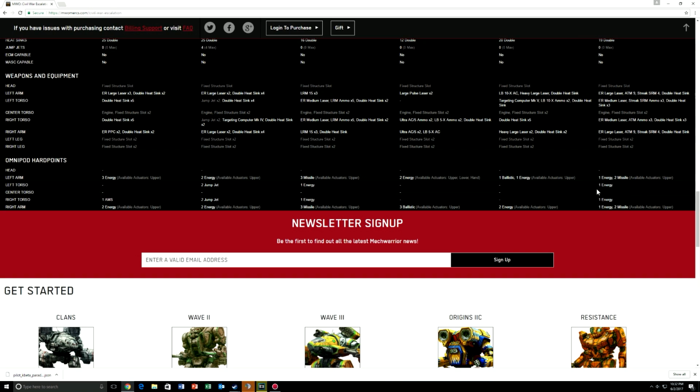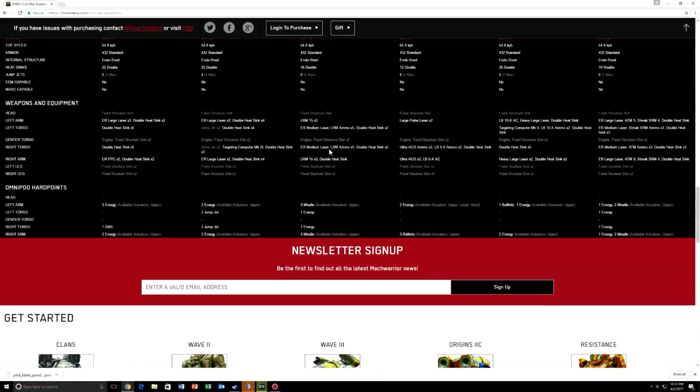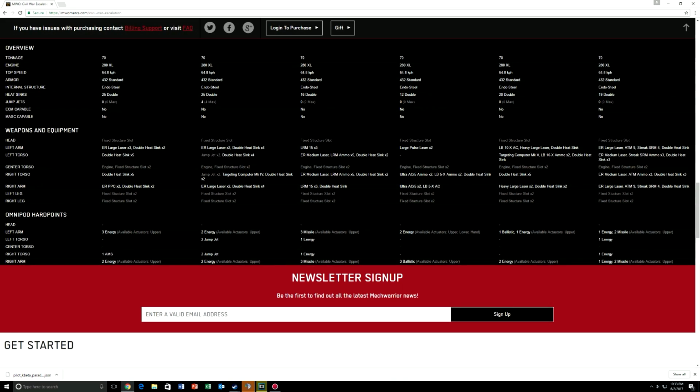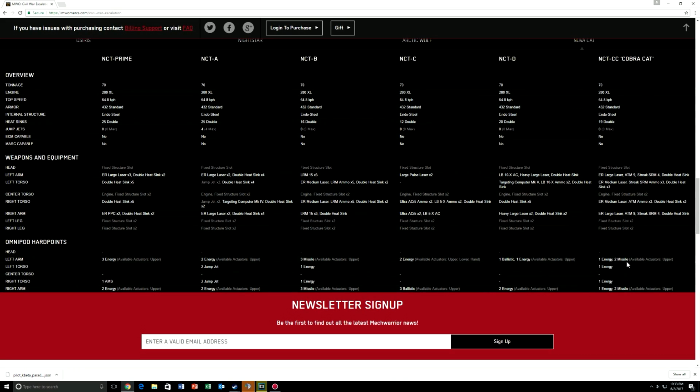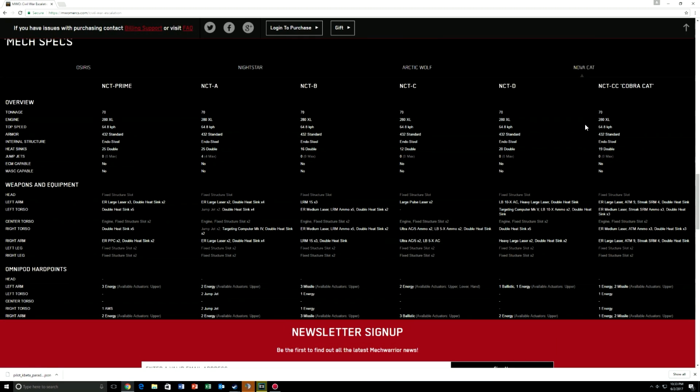Or the 4 energy 2 missile, and you know, man, you don't even have to do that, because if you're really looking for that punch, you already get it in the standard pack with the B variant. You'll have the 6 missile there. So really, unless you just really have a passion for this particular variant, in which you want to have these arm omnipods, the rest of these variants pretty much hit the nail on the head there. So whether the Cobra Cat is worth it or not, it's probably going to be a nostalgia thing,